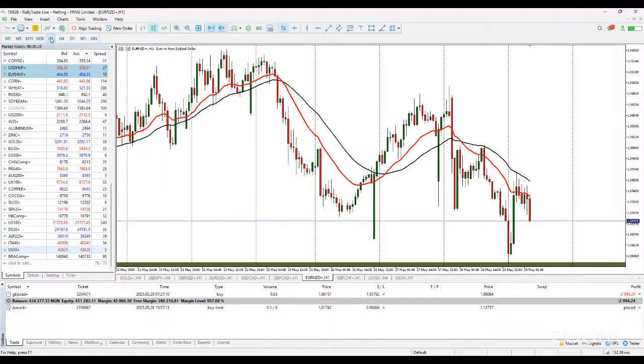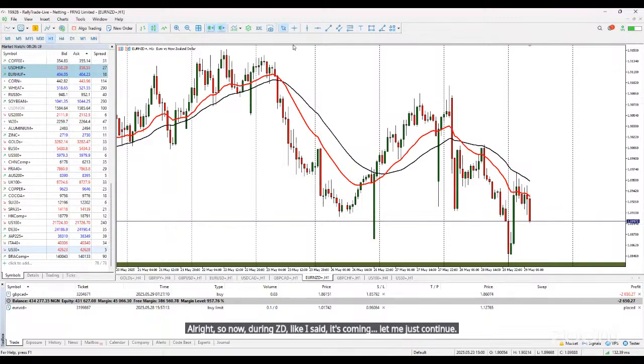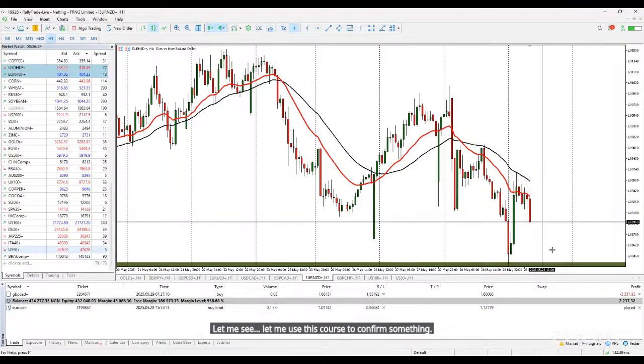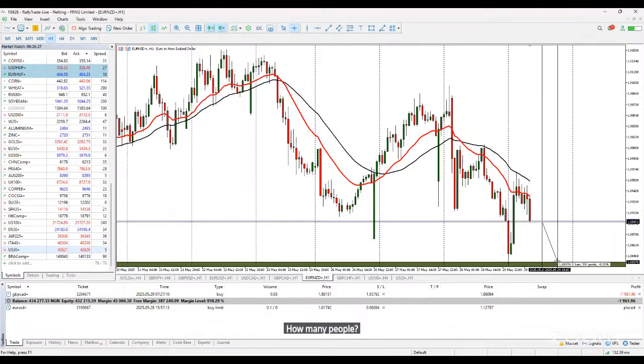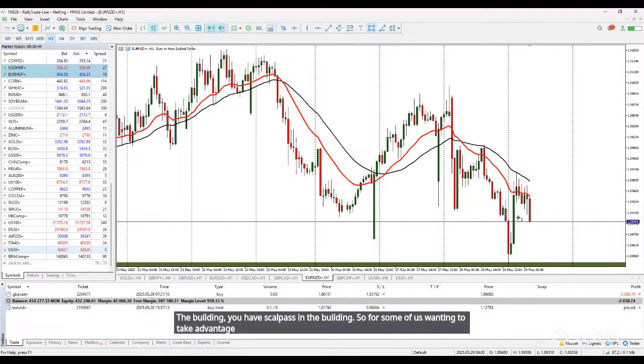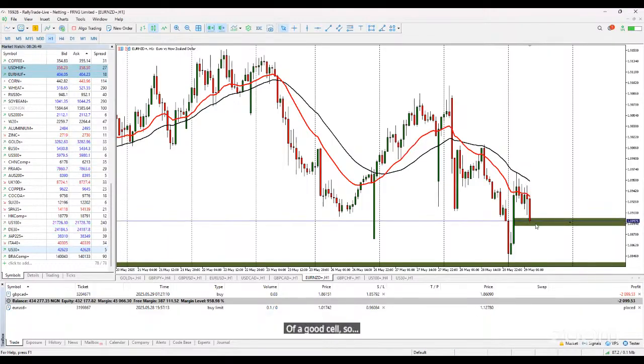All right. So now, Euro NZD, like I said, it's coming. Let me use this crosshair to confirm something. How many pips? Wow, it's up to 50 pips. So for some of us, we have some scalpers in the building. For some of us wanting to take advantage of a good sell, I would rather suggest